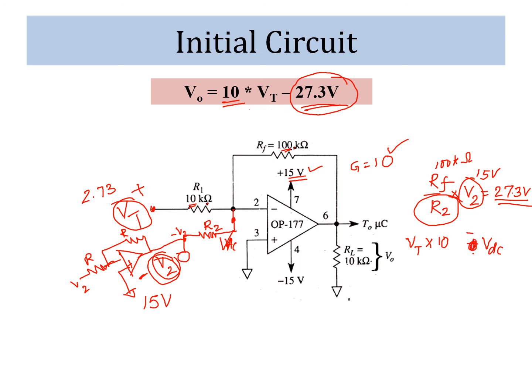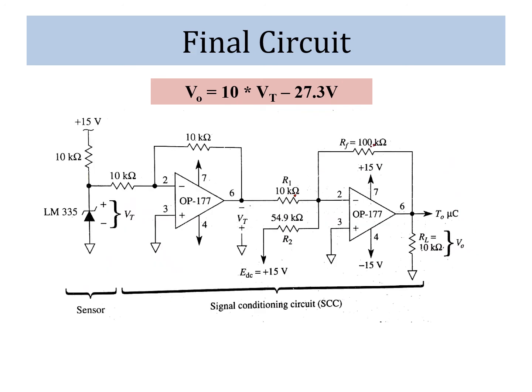Another option is what has been proposed in our book, which is a much better option due to two reasons. I'll tell you in the next slide. So this is the circuit given in the book. Now why is this better than our proposed circuit? There are two reasons. Rather than putting the op-amp here at this point, he suggested putting an op-amp between the LM335 and this terminal where we are getting Vt.